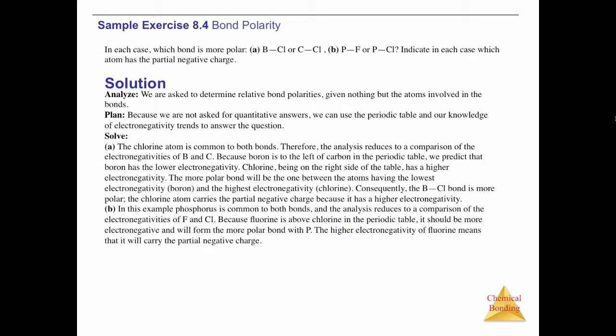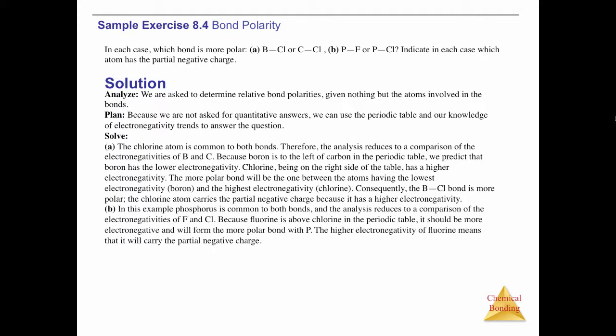In each case, which bond is more polar? Indicate in each case which atom has the partial negative charge. We are asked to determine relative bond polarities given nothing but the atoms involved in the bonds. Because we are not asked for quantitative answers, we can use the periodic table and our knowledge of electronegativity trends